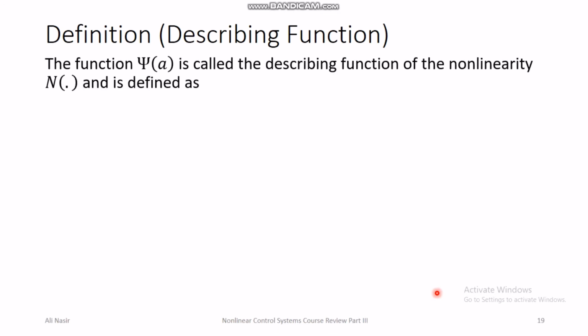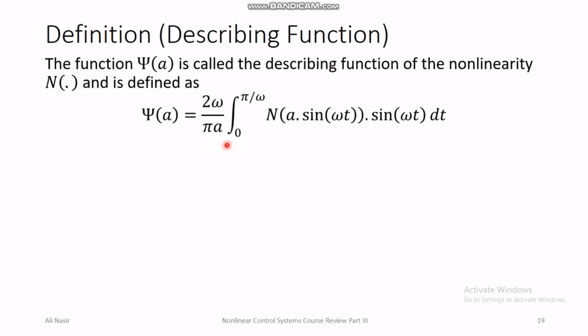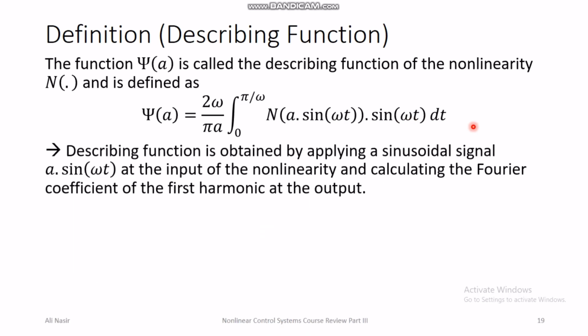of the periodic nonlinearity. The function psi of A is called the describing function of the nonlinearity if it is defined by the following equation: 2 omega over pi A, integral from 0 to pi over omega, of the nonlinearity evaluated at A times sine omega t, and this whole nonlinearity multiplied by sine omega t. So this is basically a component in the Fourier series. Basically it's the first harmonic of the Fourier series. The describing function is obtained by applying a sinusoidal input to the nonlinearity and calculating the Fourier coefficient of the first harmonic